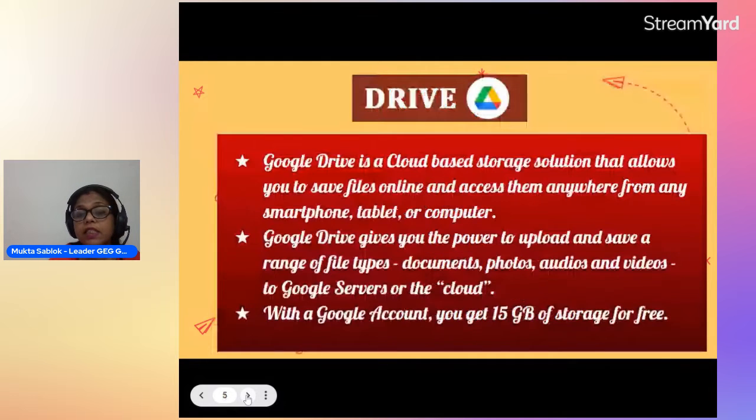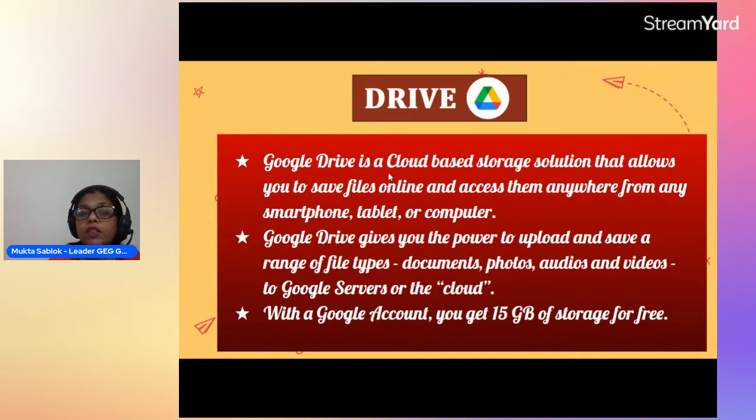So let's go ahead with what is Drive. Google Drive is a cloud based storage solution that allows us to save files online and access them anywhere from any smartphone, tablet, or computer.